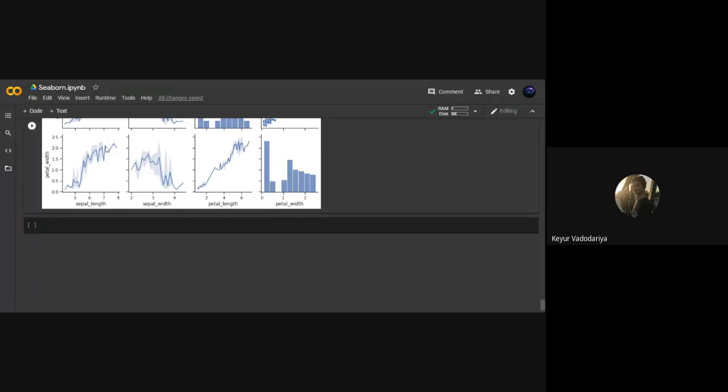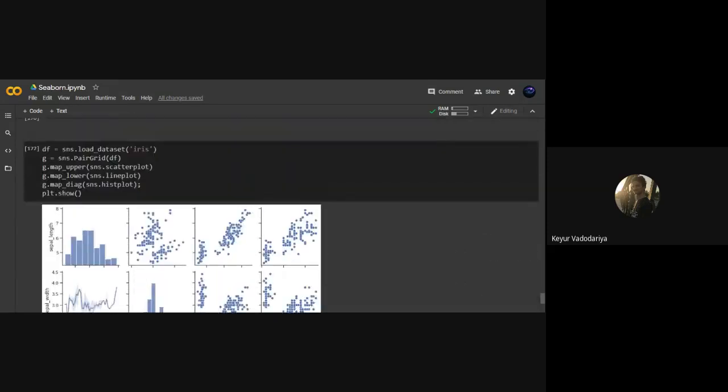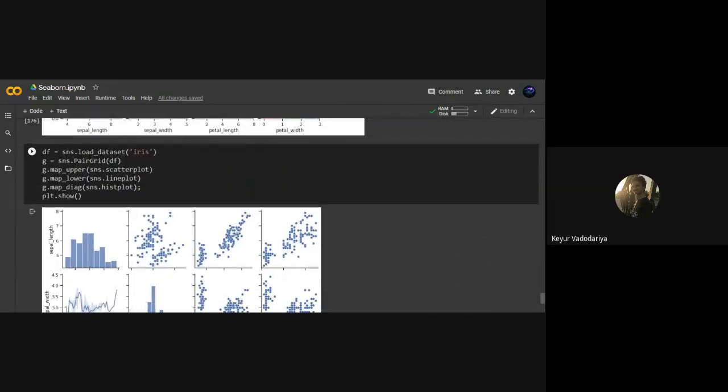With this, we'll be concluding this workshop. Now, this is not the end of Seaborn. You can always experiment around with Seaborn. There are many other plots which may suit your data set. And you can also use matplotlib features in Seaborn. So here I have used plt.show. Seaborn itself is built on matplotlib, so you can use matplotlib customization on Seaborn also.